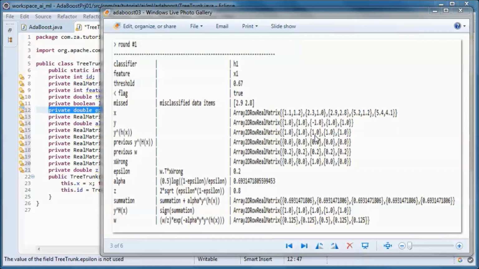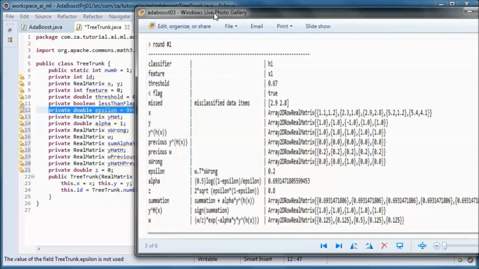So only this data item was misclassified. So here we have 1, here we have -1 for y, the label.